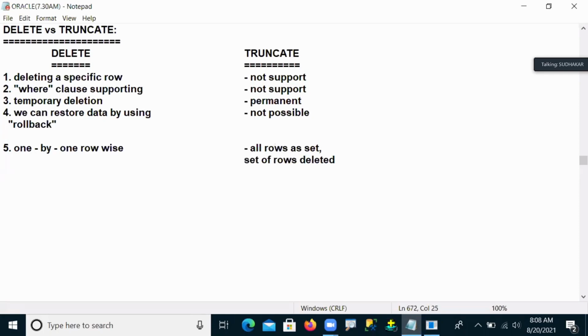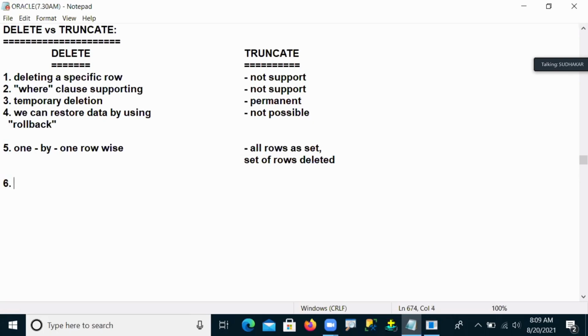That means either your table has 10 rows or 100 rows or 1000 rows, it doesn't matter. Whether there are 1 lakh or 2 lakhs or 5 lakhs rows, all rows will be taken as one page. Taking one set of rows is nothing but one page, and the page will be deleted directly, all the rows at a time. Now that is the nature of truncate.